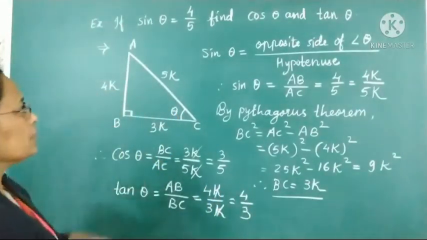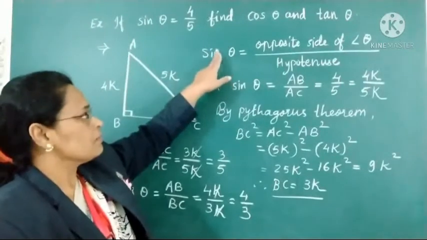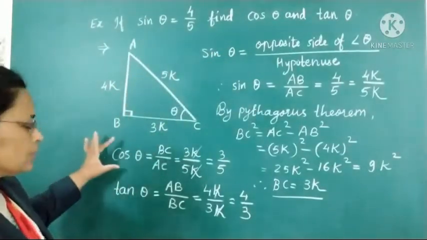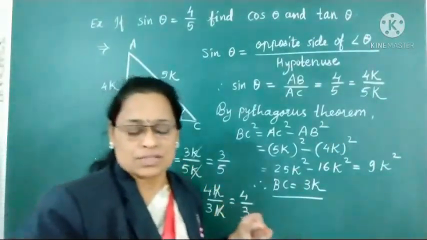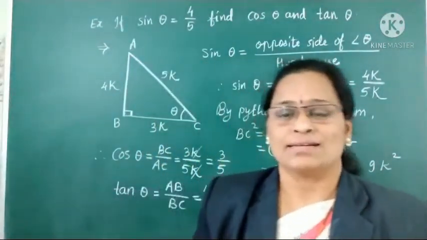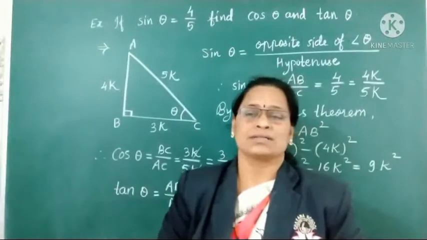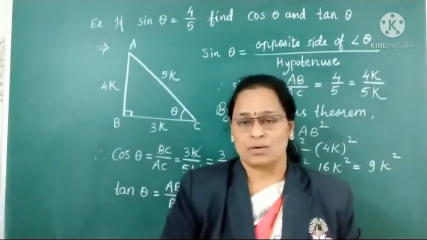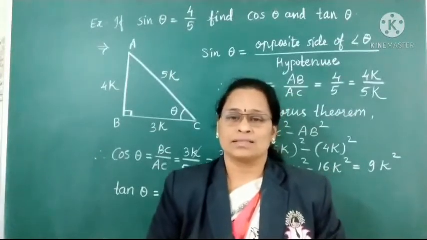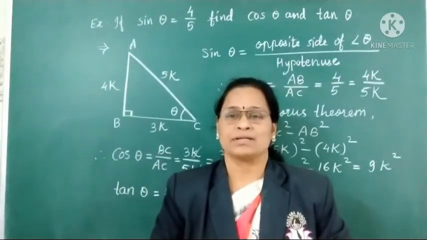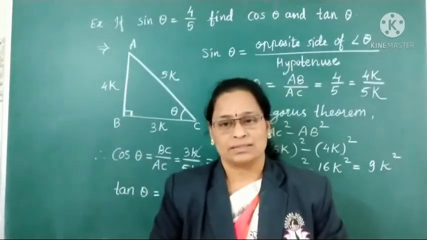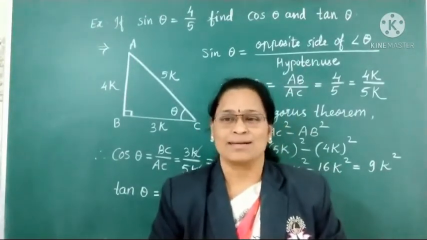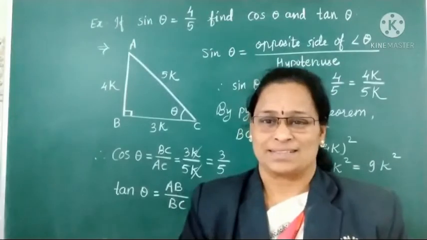So in this way, if sine ratio is given, from that we can find out all three sides of a triangle, so that we will be able to find out cos ratio as well as tan ratio. So just remember this, the very basic thing we have learnt in the trigonometry chapter, and similarly we are simultaneously going on solving the examples also. So just revise it and keep on learning and practicing. Thank you.